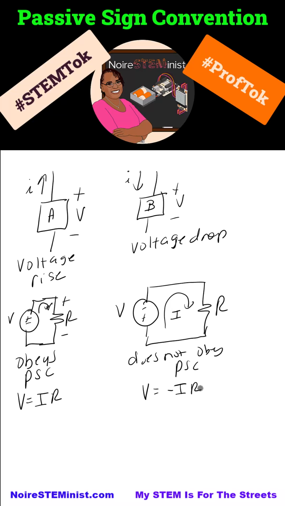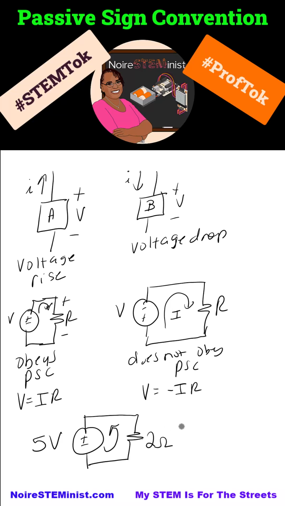So now, what that means is that if I give you a circuit like this, and I tell you have 5 volts, and the resistor is 2 ohms, and I want to find the current. So remember, I would be equal to V over R. So the question is the current 2.5 amps